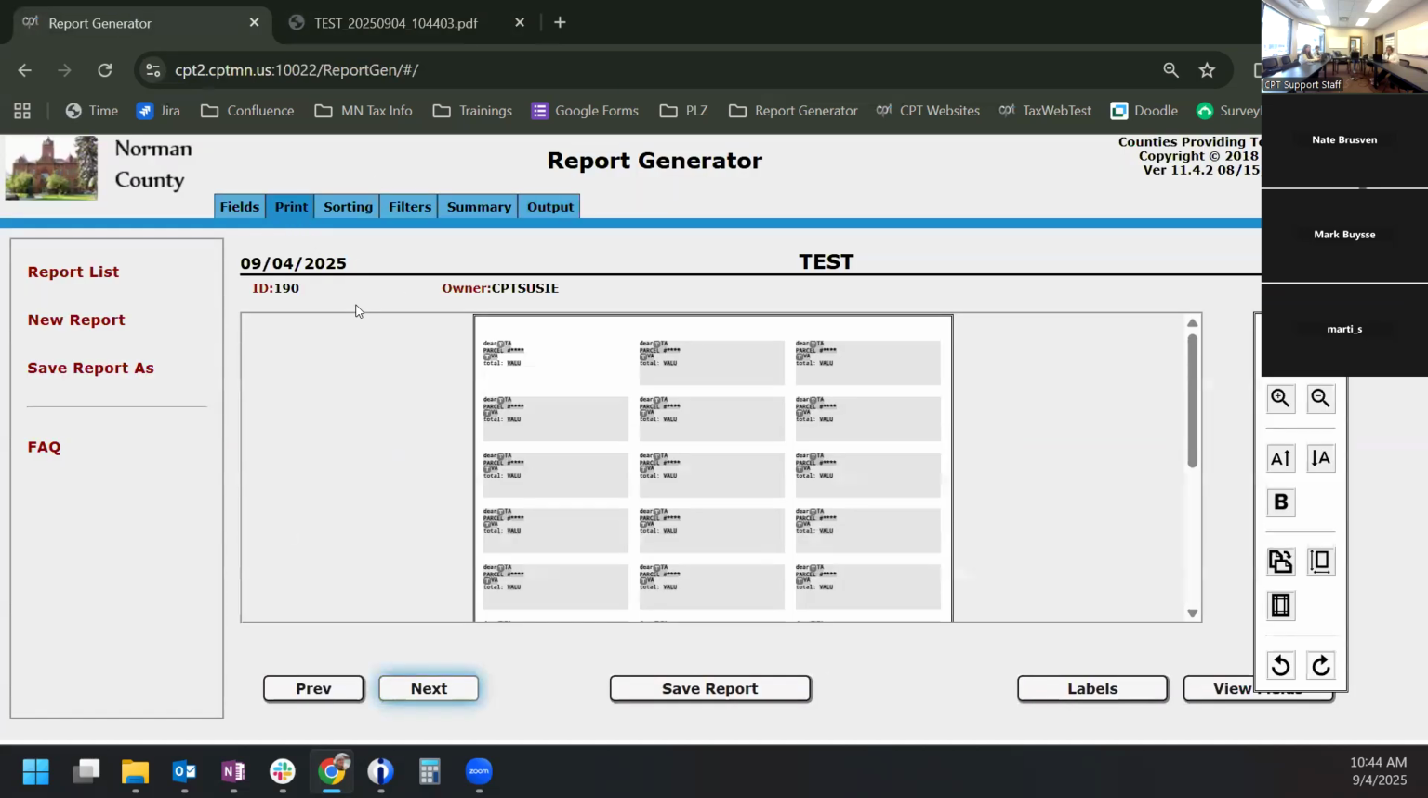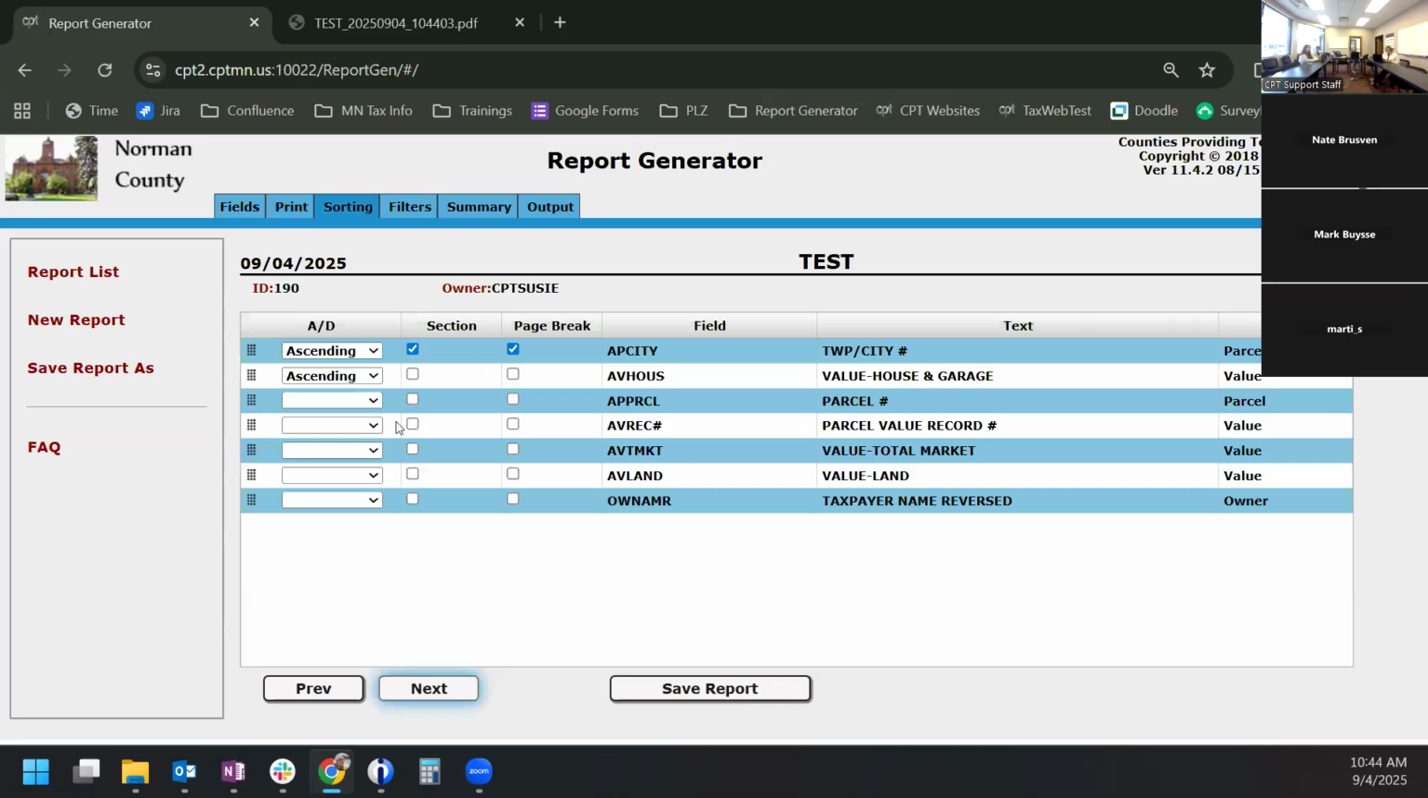Okay, another thing to think about is if you have something that's a repeating field, when we do our sort, it's going to sort that repeating field on the page. So when we're doing a township sort, or like a house and value record sort, it's still going to list like the house and garage value. Let's do it this way. Let me show you. If I do total market